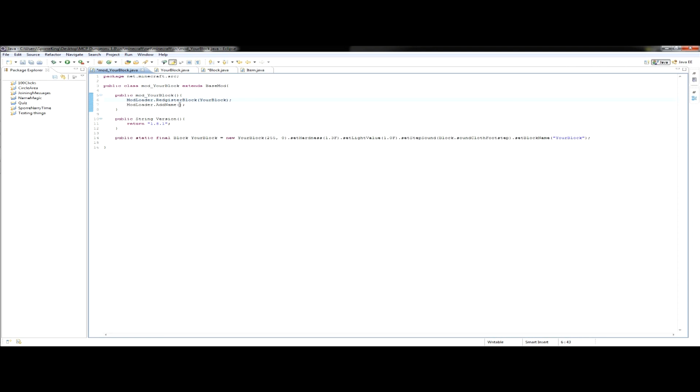But now when you drag a mouse over it, nothing will come up. So to make a name for it, first you want to type what block you want to give a name. If you have like 5 blocks, then you wouldn't know what block to give a name to, so you're just gonna type your block, comma, and then these things again, and inside here you're gonna type the name that's going to pop up when you drag a mouse over it, which in this case should be your